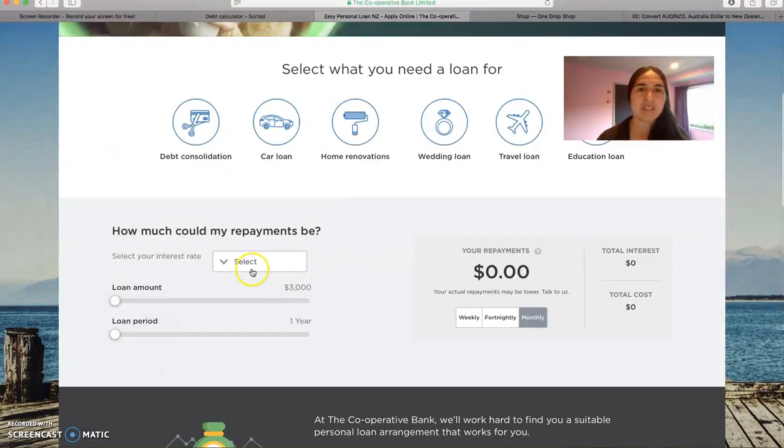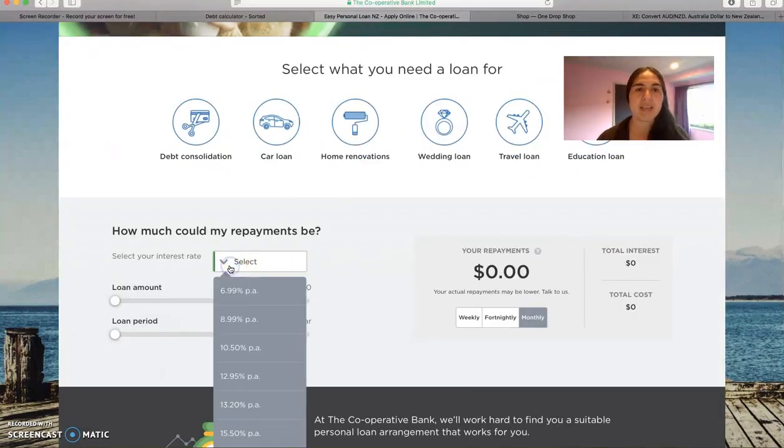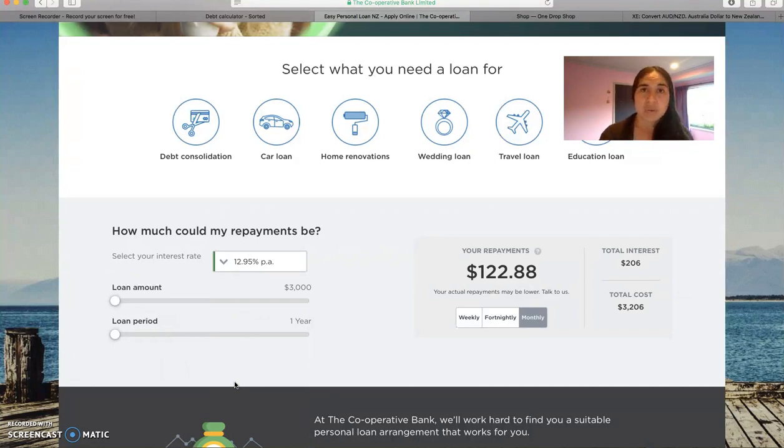And then we're just going to say plug in over here. So you've got a middle of the range interest rate, so we'll just call it 12.95%. Again, this varies for you as an individual and when you make application to the bank. So when you ring the bank directly, they will be able to tell you exactly what they're going to charge you. So if we put in here the loan amount, and we were looking at about $4,500,